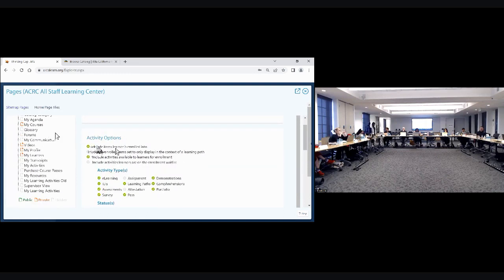So we are showing items learners are enrolled into, and including activities available for learners to enroll in. Include enrolled items set to only display in the context of a learning path. Why do you even have this? Sometimes you have items that people can self-enroll into, but you never want them to self-enroll unless they're in the learning path. In that case you can set the activity to only show in the context of the learning path. This item seems to undo